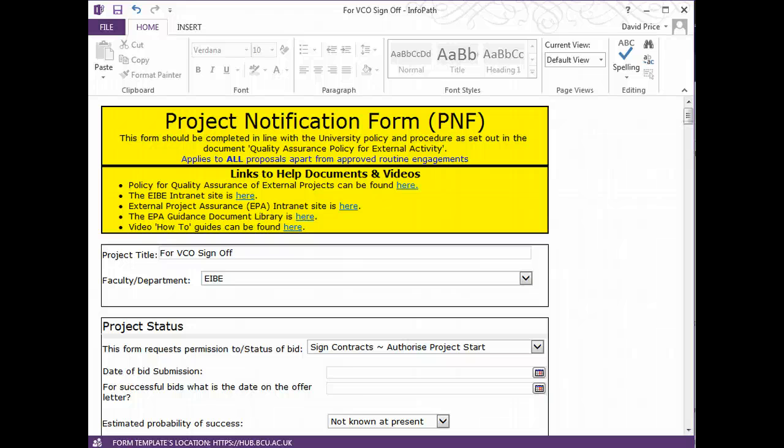Hi there. You'll be aware that as part of the contract sign-off process, our Pro Vice Chancellor Julian Beer now requires contracts to go up to him for signature with a cover sheet printed off from the PNF form that's been duly authorised by the relevant staff. So, I have a PNF here, and let's assume this is ready to go up to Julian Beer for sign-off,